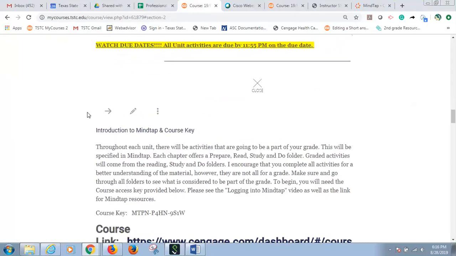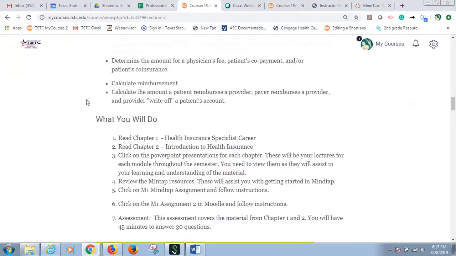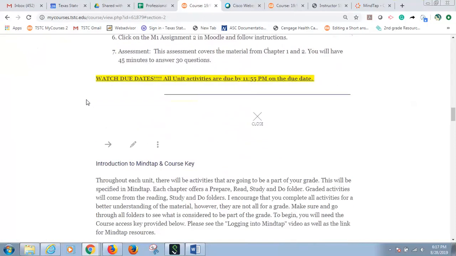Something new that I'm going to try to implement this semester and for sure next semester, I'm going to add an actual calendar into each of my courses. The calendar is going to have every due date and every single thing, so that there's a calendar that can be attached to your actual phone. Currently, what I do is I have a due dates checklist, which you'll find in the introduction module, and that way you can just go and check off stuff as you do it. But for now, that's a good way, or if you want to use your own calendars and anything like that.